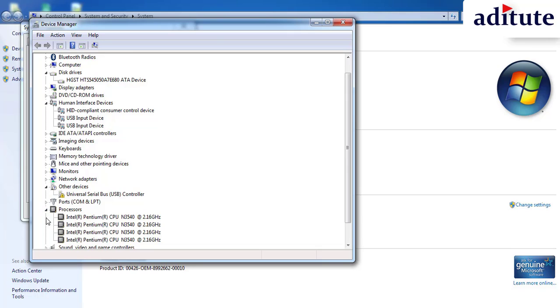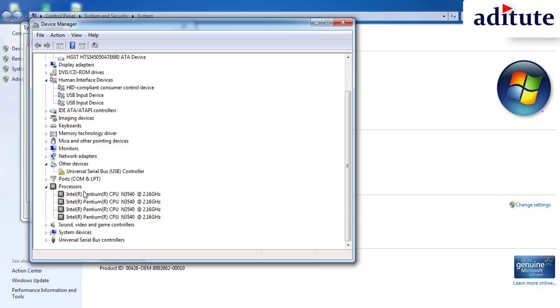So the most important thing is processor. You can go to the processors, and here you can see that it's 4 processors which are visible here, which is basically the 4 cores of the processor. So here in this case I have a quad core processor, so the 4 cores of that quad core processor are